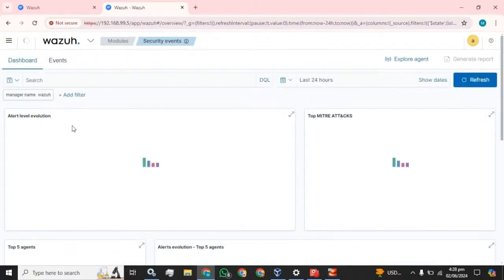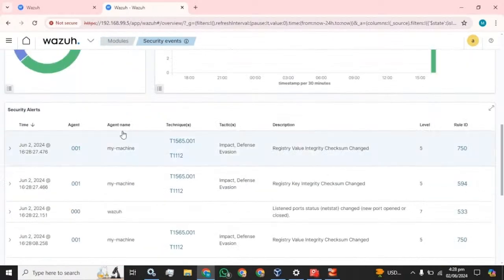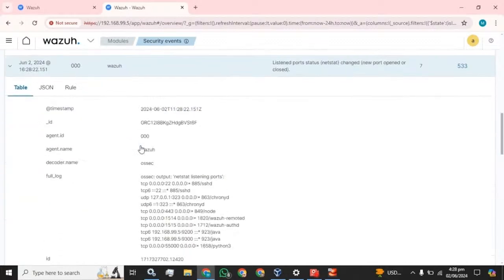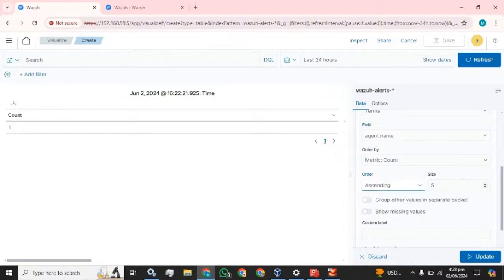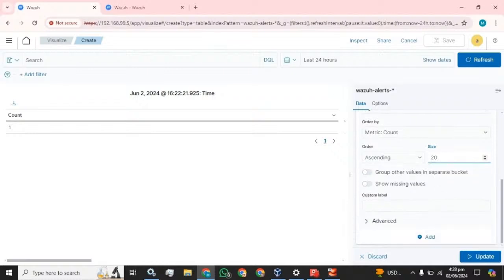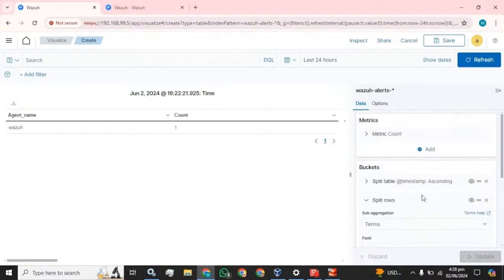We will go to the security events and I am going to open the Wazuh and select the agent host and ascending and select the value for and name. Okay,